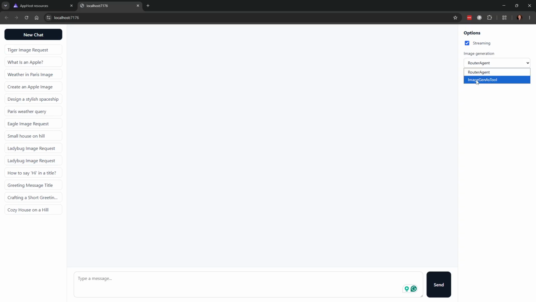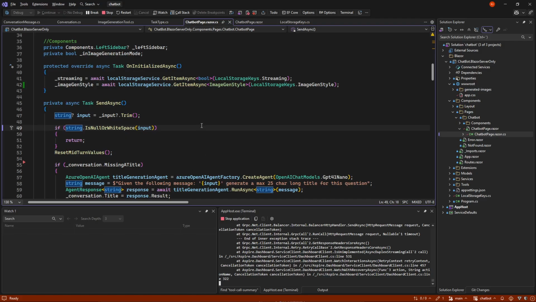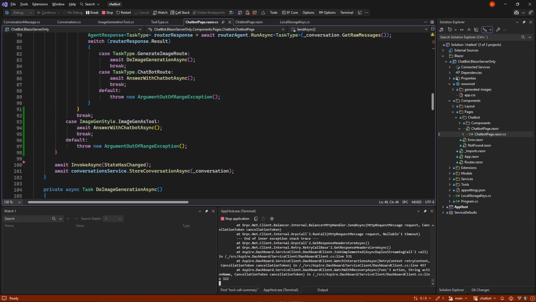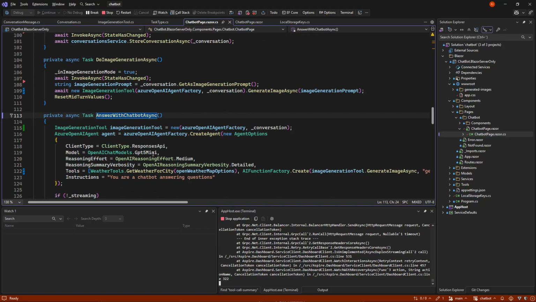So we can go in and use ImageGen as a tool. And code-wise, the only thing that is really different is that now we go into this one where we just use the chatbot like normal. So now we're not having an upfront agent. That is kind of good because it takes up time. But when we do this,